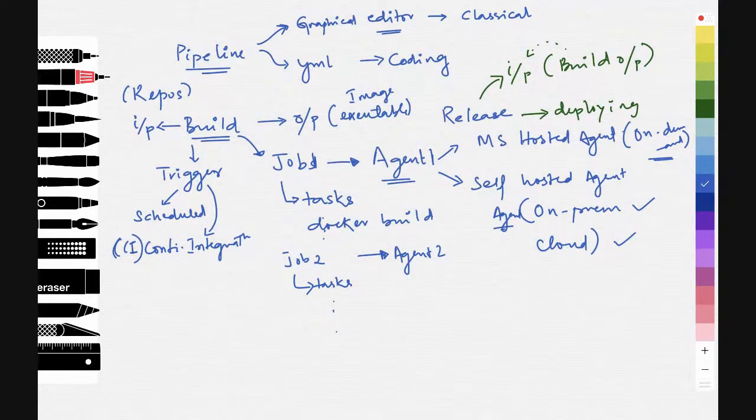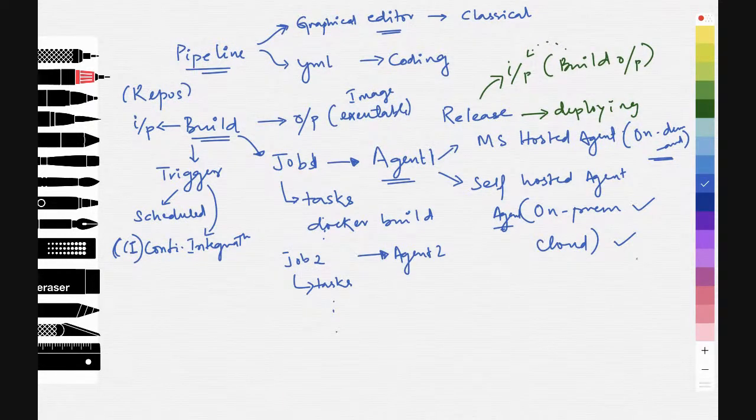What is a release pipeline? A release pipeline is nothing but a deployment pipeline in which you go ahead and release your software in a particular environment. You go ahead and deploy your application in a particular environment. That would be called a release pipeline. I would be deploying my application, in our case, in an AKS cluster. That would be the releasing of the application in that stage. And that's the reason that pipeline is called a release pipeline.